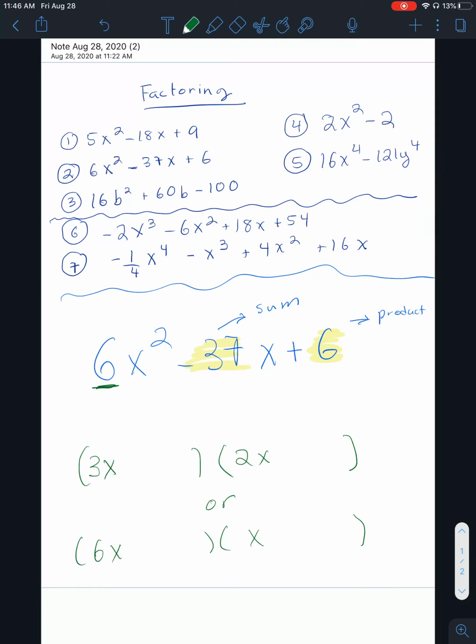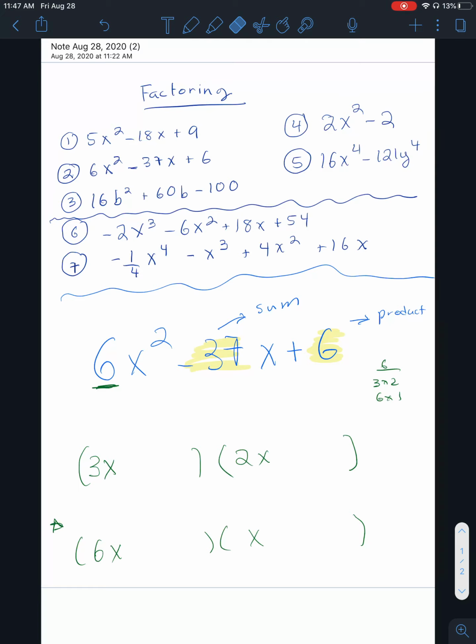So this is when it gets tricky and you have to use your intuition with numbers. So I know I need 2 numbers that multiply to 6, which is 3 times 2 and 6 times 1, and somehow they need to add up to negative 37. And as you can see, 37 is a bigger number in comparison to 6. And so that's why I get suspicious, and I might want to start on the bottom because I know that,